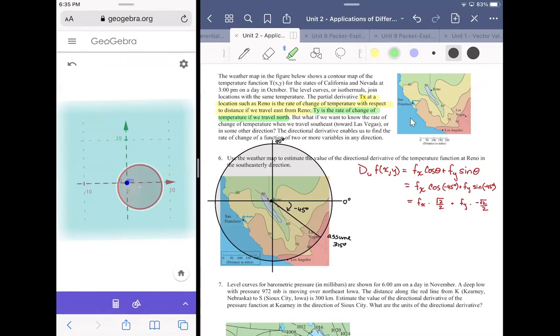Now, that part is kind of weird because it's limiting it to just an easterly direction and northerly direction. The direction has actually been accounted for by the cosine function and the sine function. So these values will be the rate of change from the beginning of your journey to the end of your journey in terms of the temperature per unit of time. So what we would need is